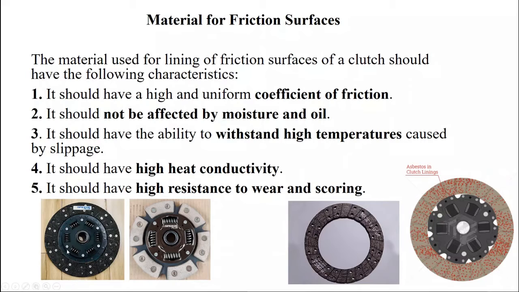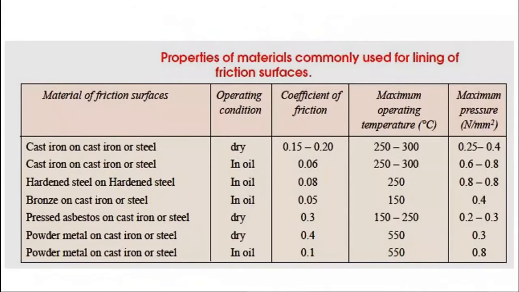These springs in between are provided to absorb some shocks. While engaging and disengaging, shock or jerk may take place, so these springs will help in cushioning the effect of shock. It acts like a shock absorber. So these are some friction material surfaces, their range of temperature, their coefficient of friction, and how much pressure they can take. These are some data which is available on the internet.